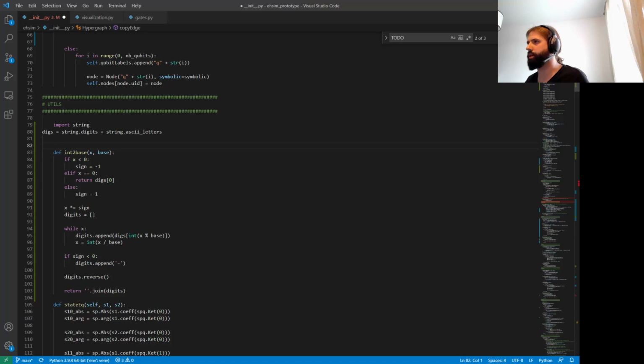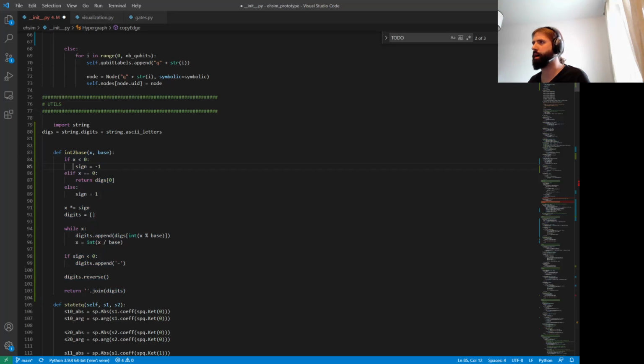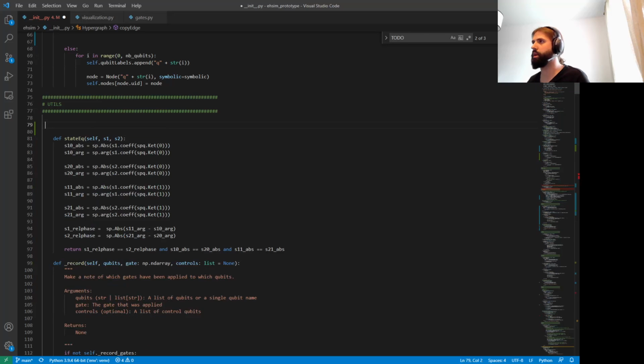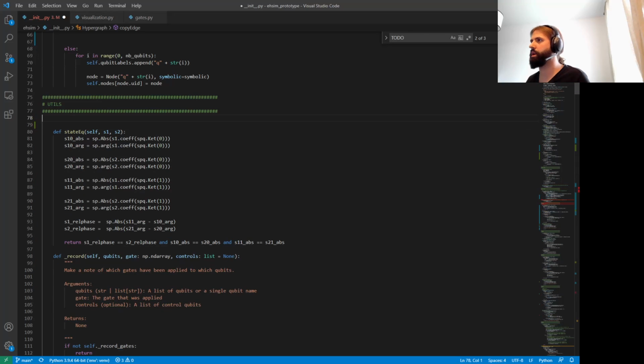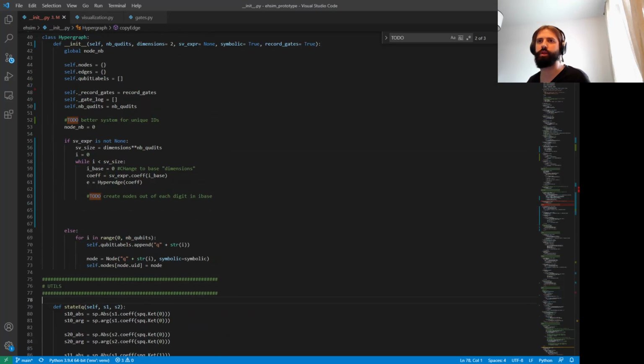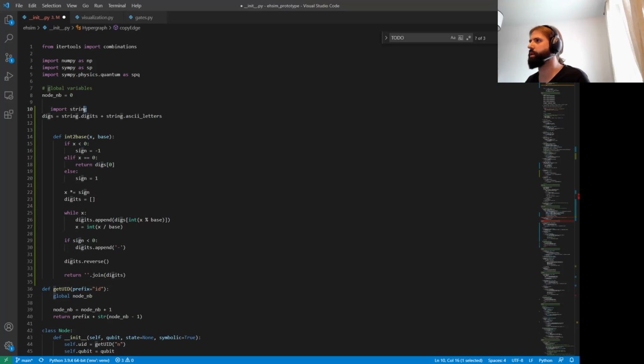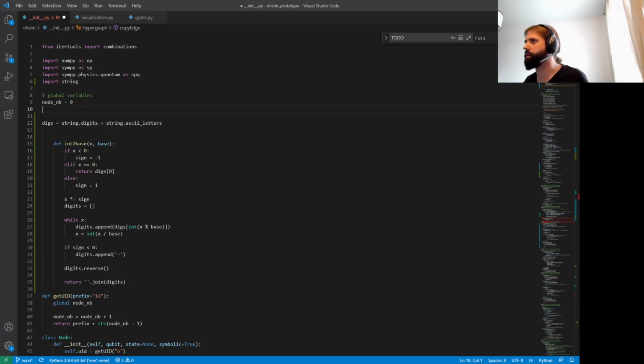I don't know if this is going to be in utils or if this is going to be, it's not part of the, that's cool because it will allow me to do also hexadecimal base, like by using the actual X base. That's cool. So this should definitely not be part of that, but should rather be part of this. So there's this import in here to take care of, and then there's this whole